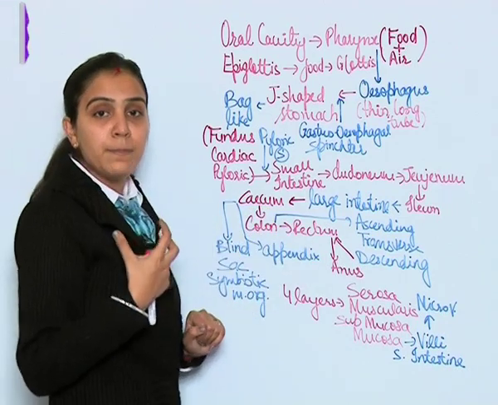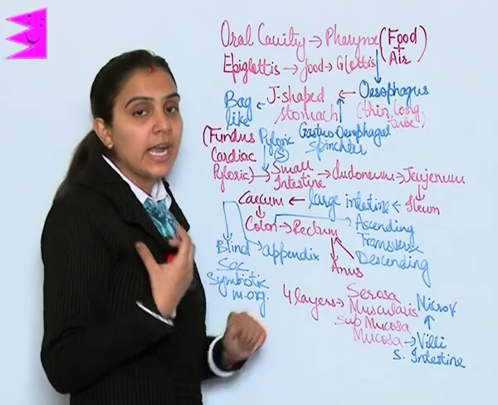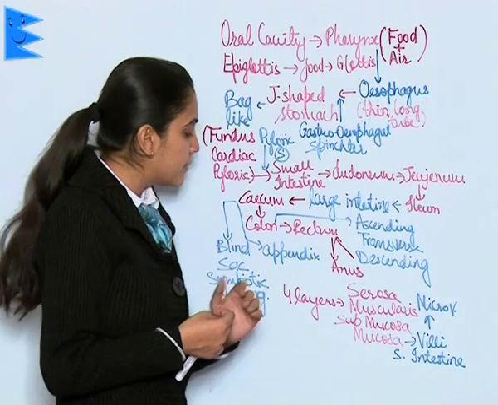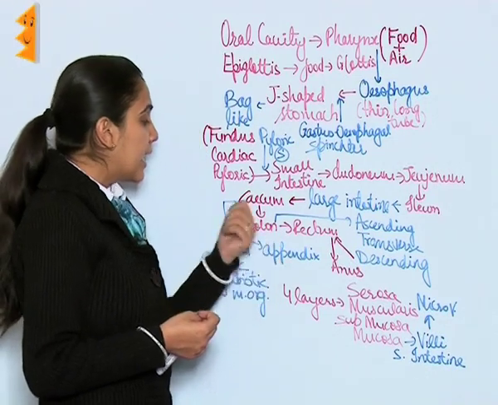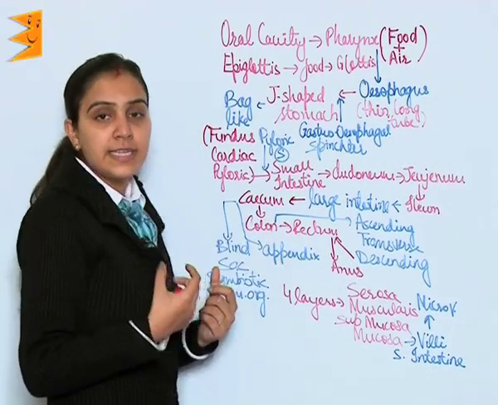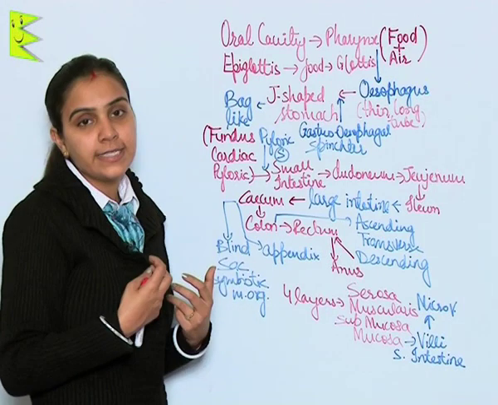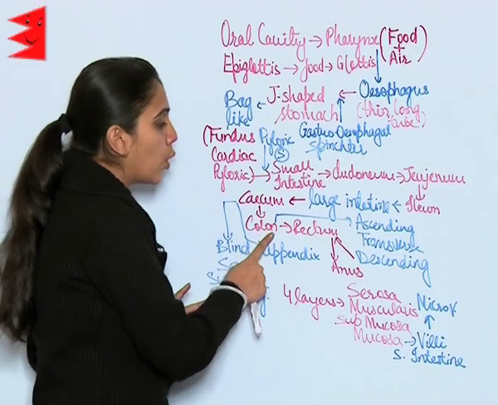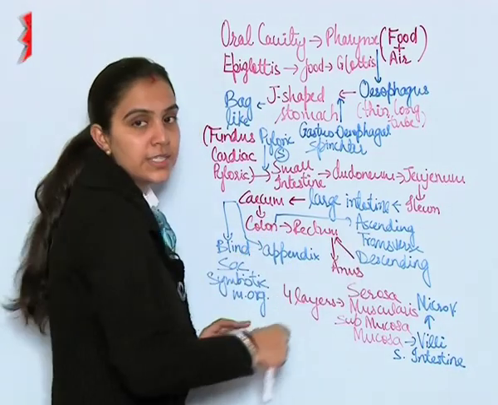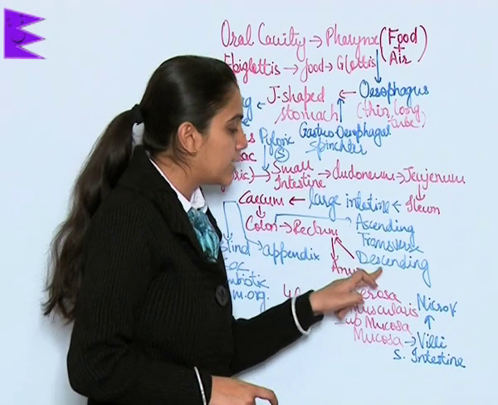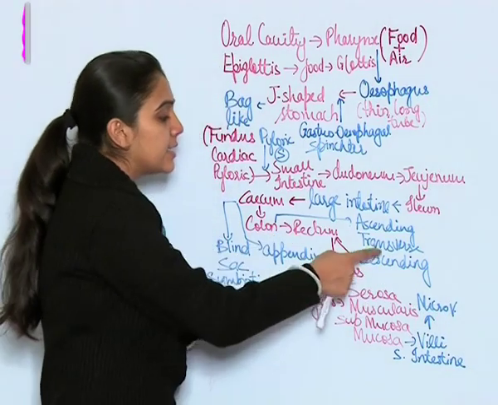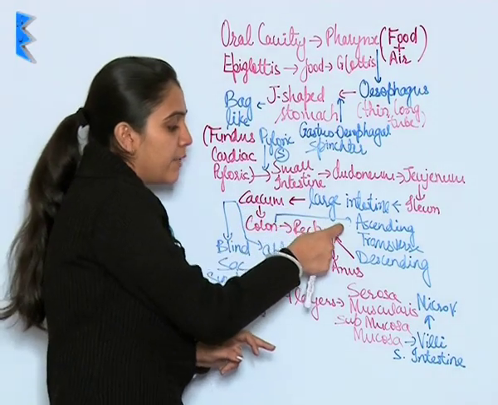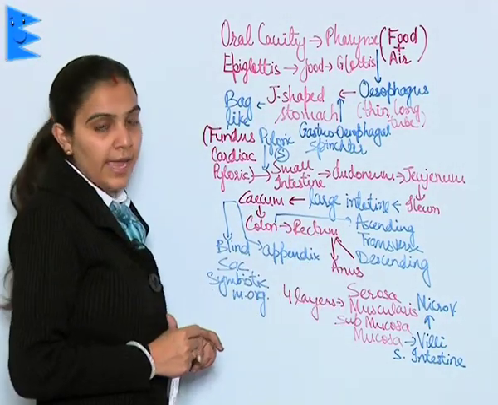The cecum is basically a blind sac which hosts symbiotic microorganisms, whereas the appendix, a vestigial organ, also arises from the cecum. And here you will see the colon has three further parts: ascending, transverse and descending, and this descending part opens into the rectum, which further opens into the anus.